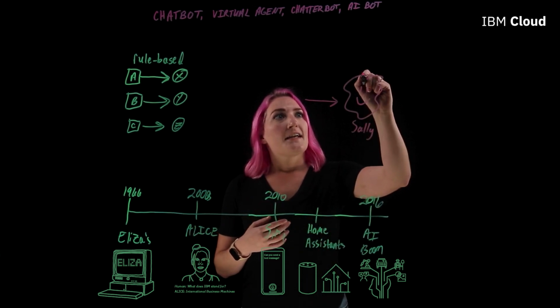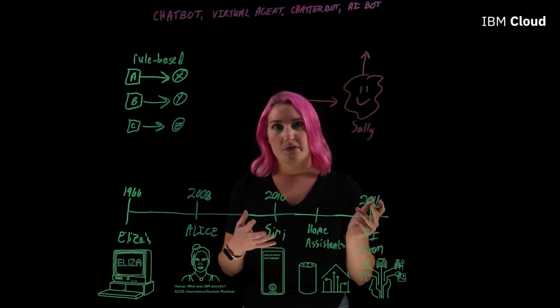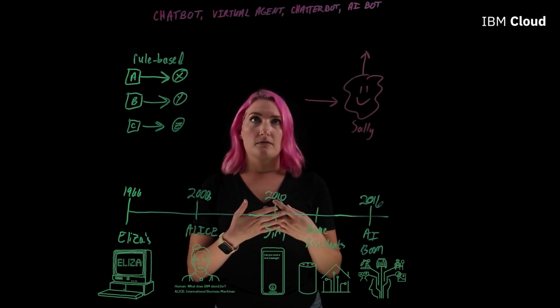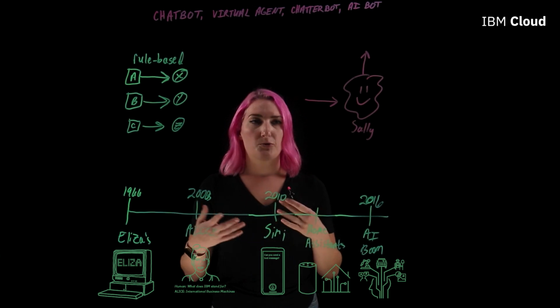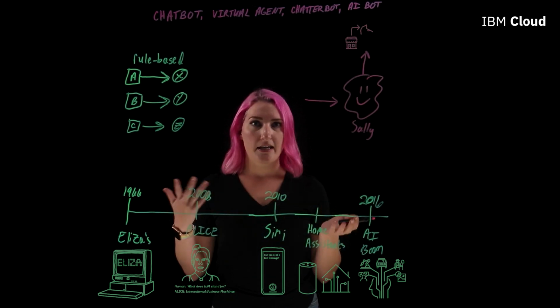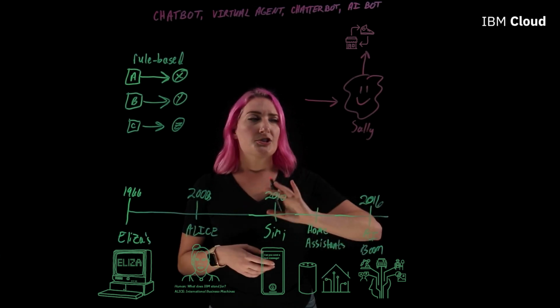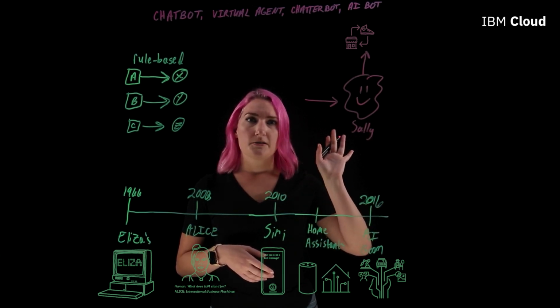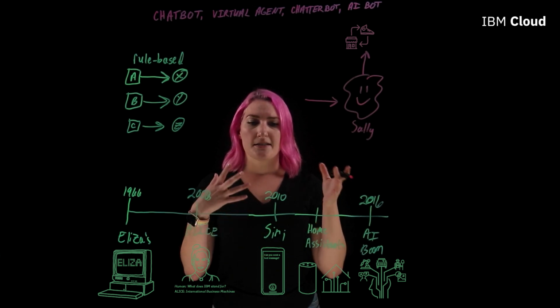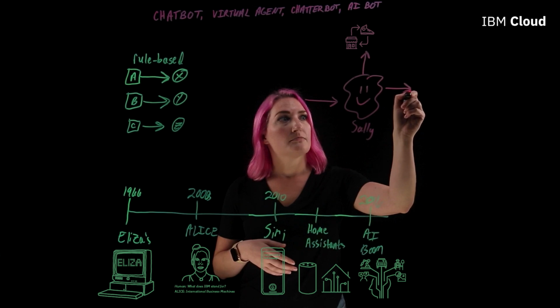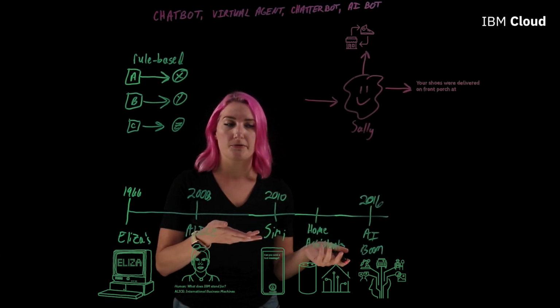She can connect to a bunch of different services. Think if you want to check an order status. For instance, I ordered some shoes and I'm wondering, where are they? They haven't gotten here. I can ask Sally, hey Sally, where are my shoes? She can connect to the specific shop's database and check the status of where my shoes are. And then say, oh, your shoes were delivered. You have to check your front porch.